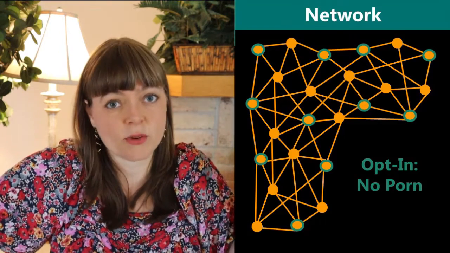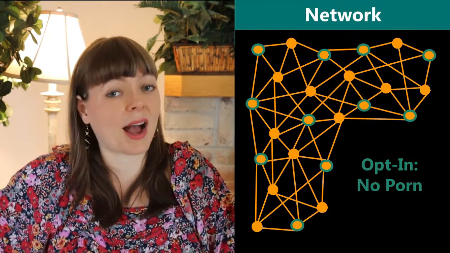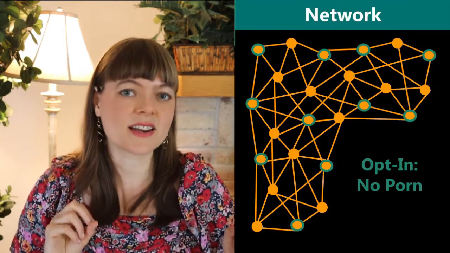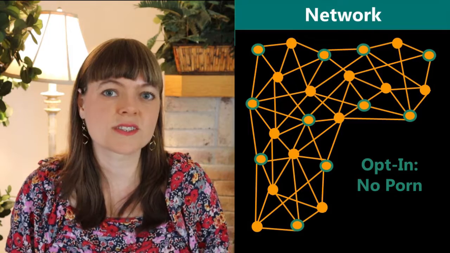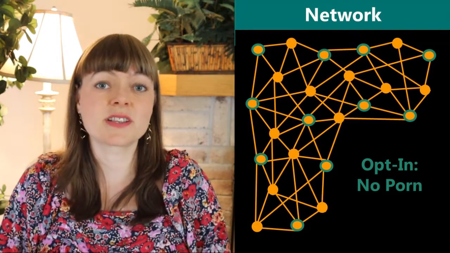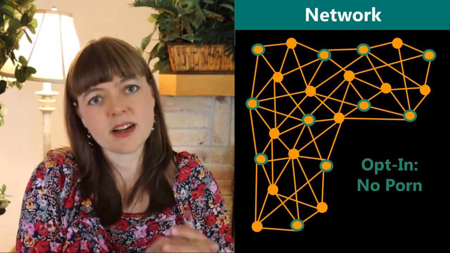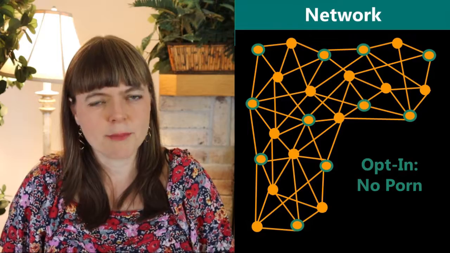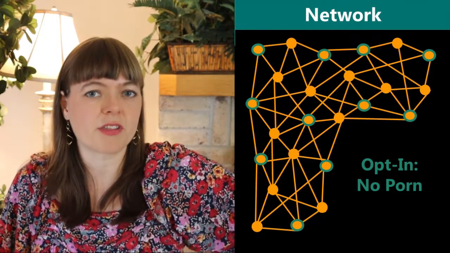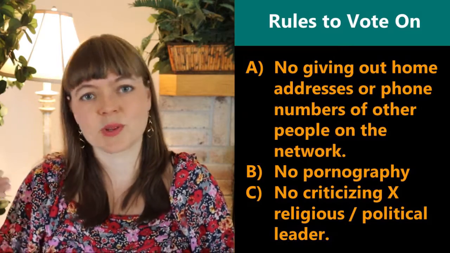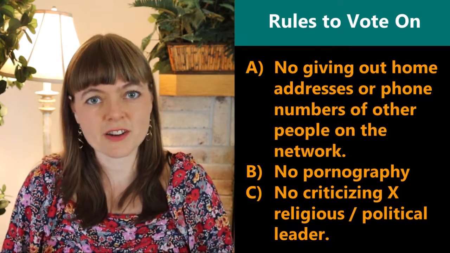I'm fine interacting with them. I can be friends with them, but I don't want to see it myself. In which case, I'm just opting in to a certain set of rules that is enforced among the people who opt in. That's pretty simple. And the opt-in option is really good if you care about your exposure, but you don't really care about other people on the network. With this other rule, the rule about the religious leader or the leader of a country,